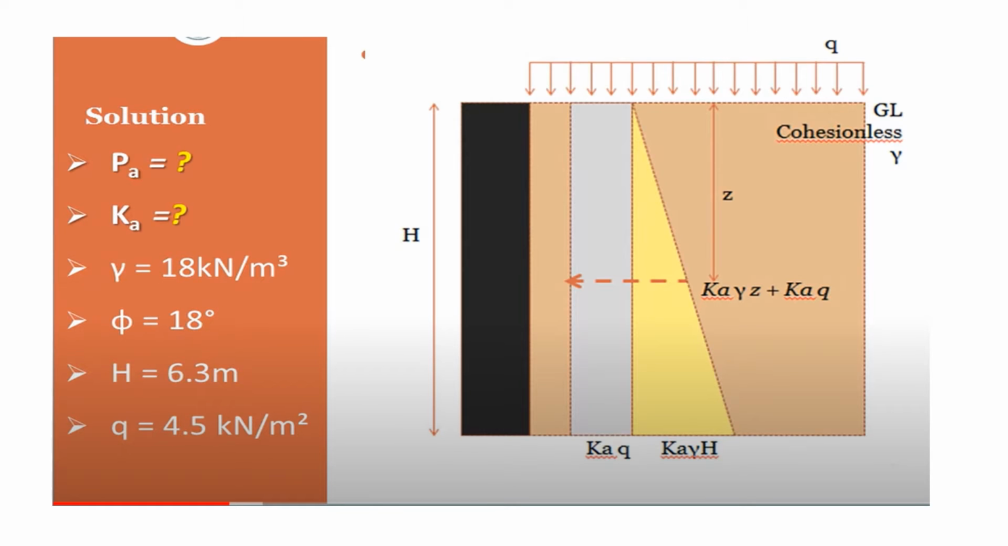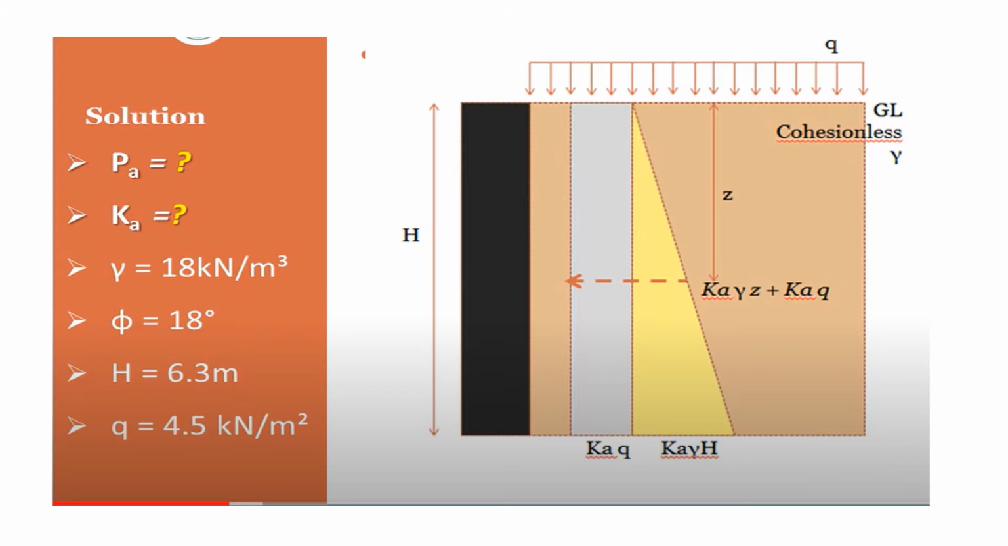Now, when we draw the pressure distribution diagram for this case, first of all, this Q is represented as the surcharge, due to which the pressure is denoted by Ka into Q, that is the active earth pressure coefficient multiplied with the value of the surcharge, and it is represented in the rectangular form. And